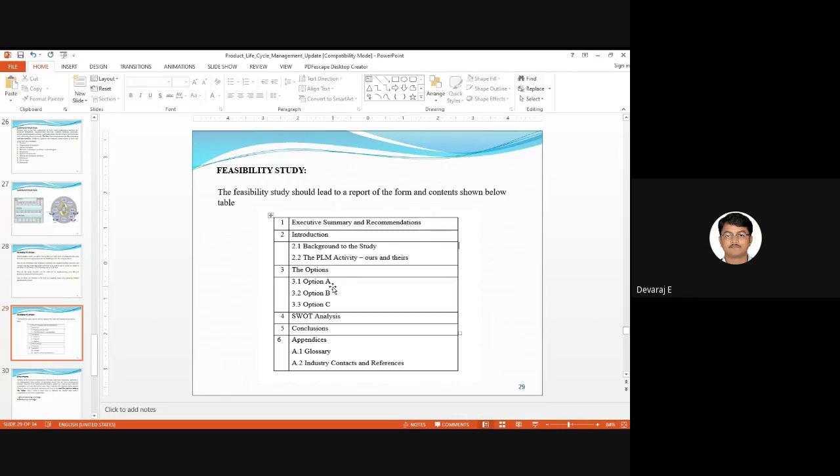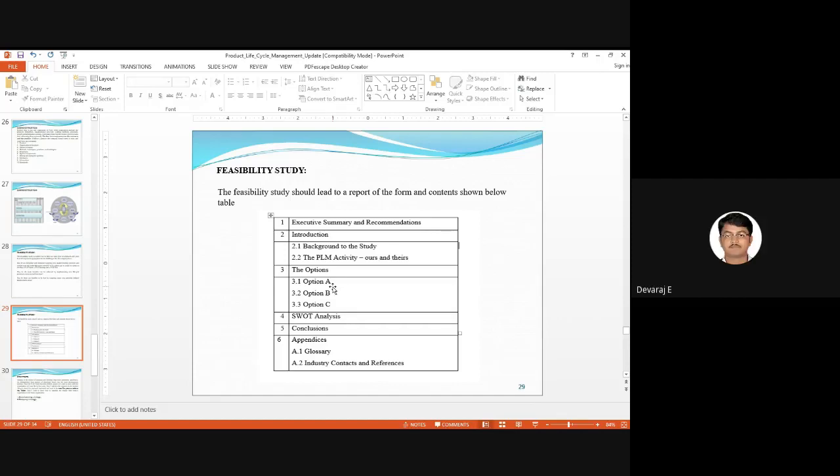Then, about the conclusion. What is the conclusion? I think every time you tell the conclusion, right? So is it giving the summary of the entire thing you have done? Good. So conclusion, in the sense of what you have concluded. Assume you have done the SWOT analysis, and from that you have concluded that if I make my product like this, it will launch pretty well in the market.